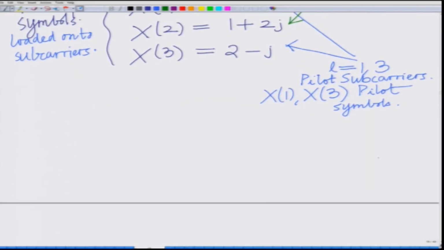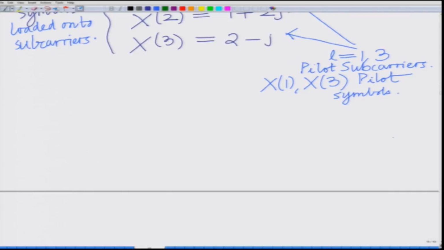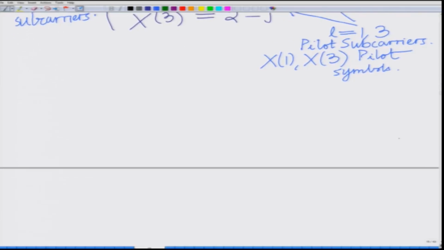Okay. So, now what we do is we have this comb type pilot arrangement, that is corresponding to the 4